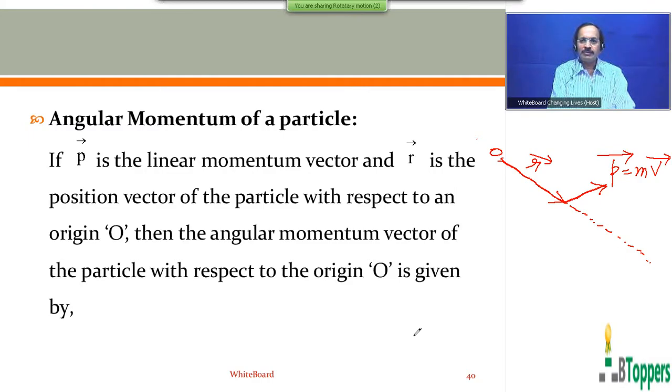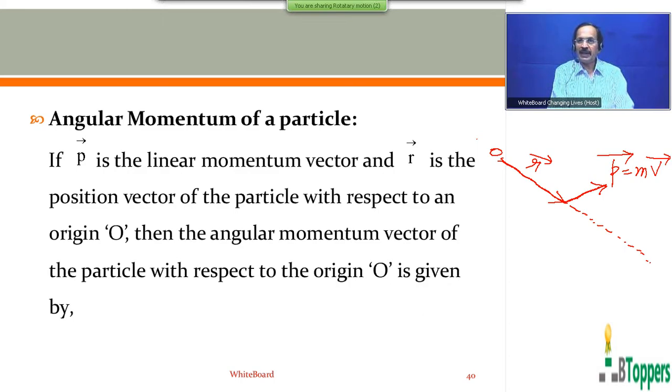So first I am going to discuss the term angular momentum of a particle or point mass in the general way, which can be applied for any example, not only in rotational motion. This angular momentum of a particle is also one of the applications of the cross product of two vectors. In mechanics, the position of a particle at any instant can be described by means of a vector which we call the position vector.